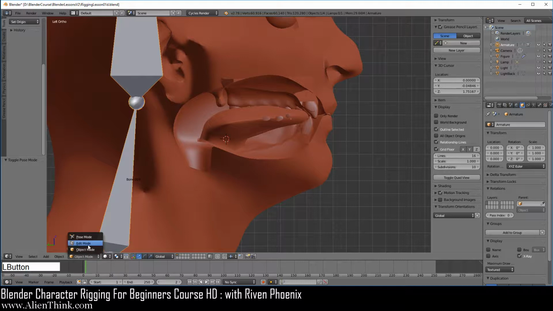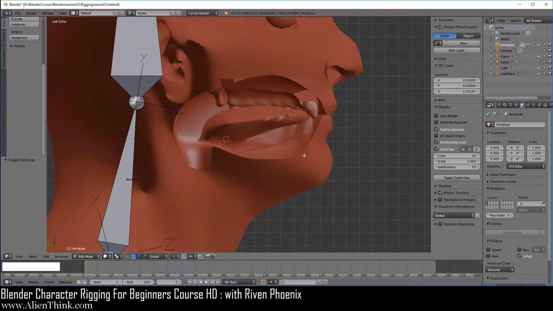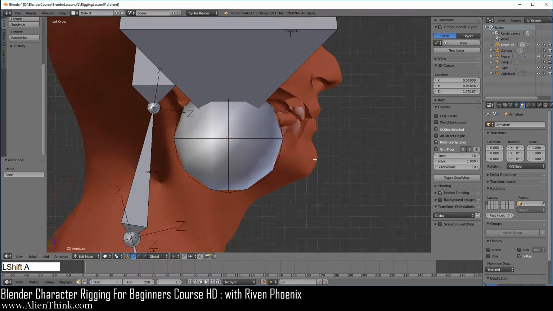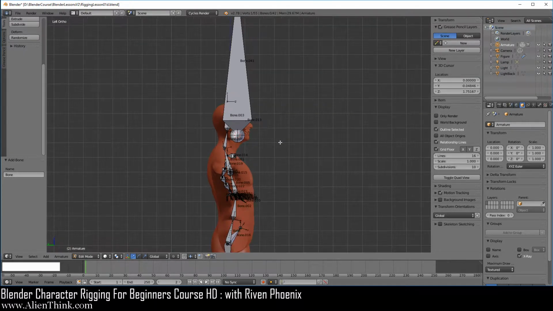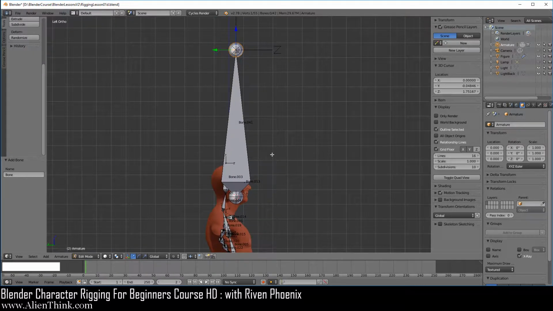Then you're going to switch to edit mode. Then you're going to do Shift A. So it's going to add the bone where the 3D cursor is. Let's go ahead and zoom out until we get the big grid units. Shift middle mouse button to bring this over here. And now click on this blue arrow and bring it down.